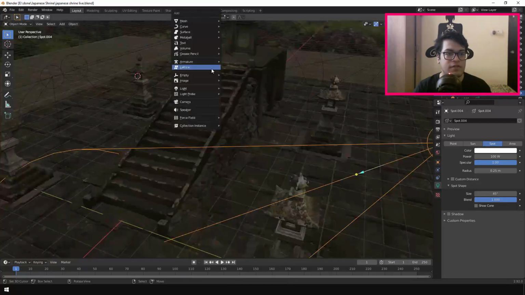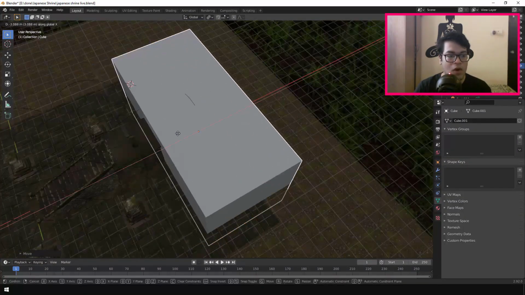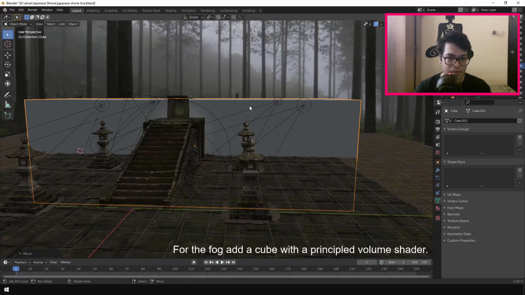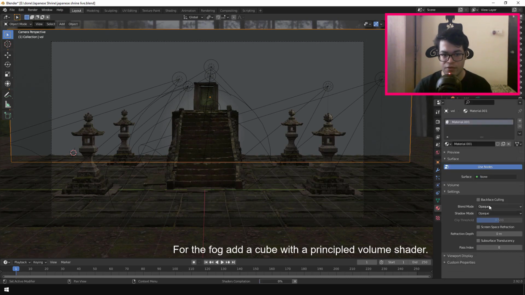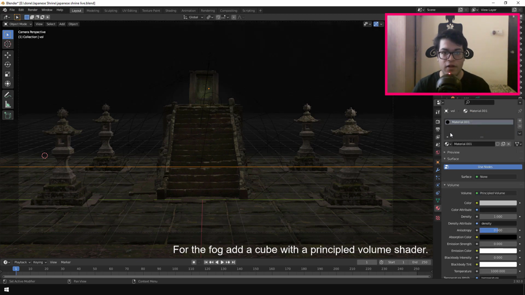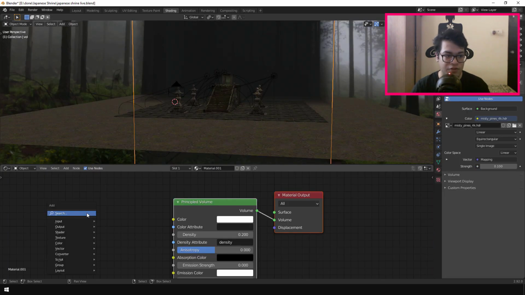Okay, so now we have our HDRI and we have some spotlights. Now it's time to add some atmospheric fog. For this scene, you can add the fog to the whole scene, but for this tutorial, I'm going to add the fog behind the focus elements. This fog only serves the purpose of blending the ground plane with the background.